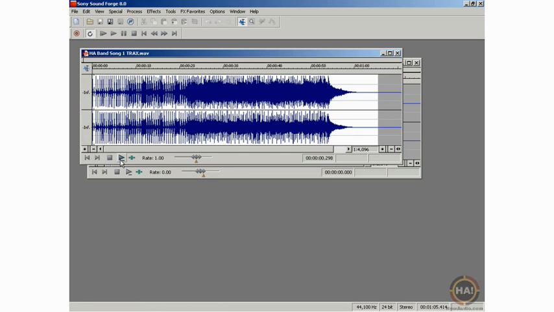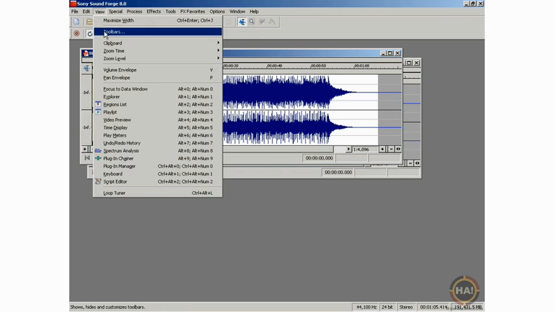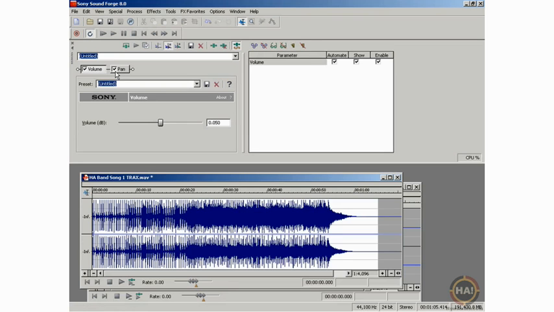I'll play a couple seconds of it. There we go. Okay, so we've got some music there. And under the view menu, next we've got the volume envelope and pan envelope. What this is going to do when I open up the volume envelope is open up the plug-in chainer. And again, we'll get into more detail on the plug-in chainer and all the controls here